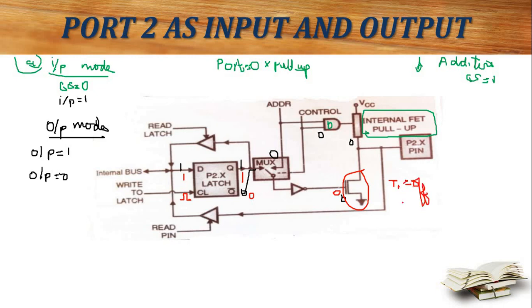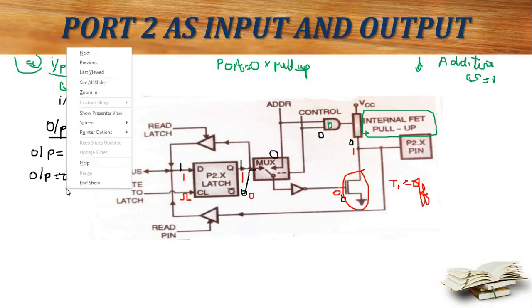If it is off, what output do I need to get? I need to get a 1, but what I am getting is 0. So to make that a 1, I need to pull up with a resistor. I already have an internal pull up resistor. If I pull up, I will get a voltage of 1. So after pulling up, I will get a 1 as output. This is my first condition.